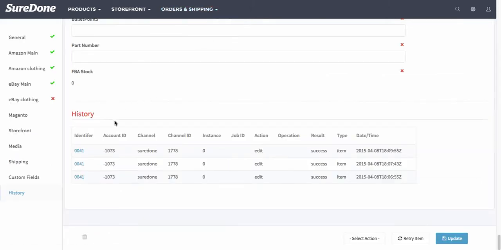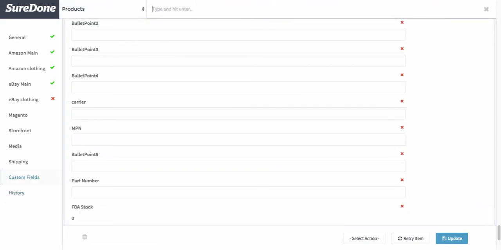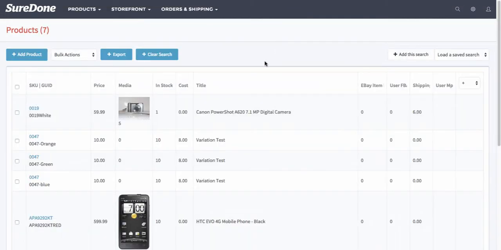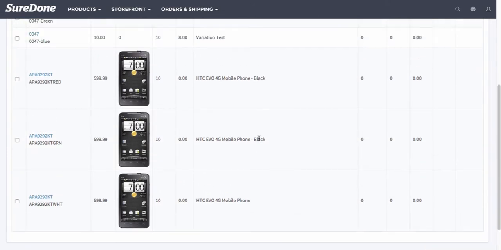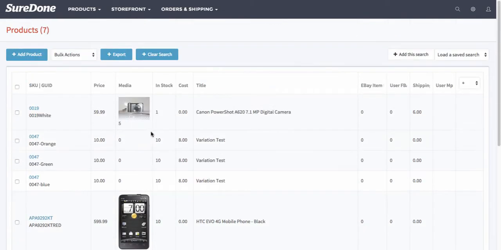Moving back to our product editor page, let's talk a little bit about variations and how those work through here. So I'm going to do a search for status attribute, and what this tells me is that the product is a child product. Now I've pulled up certain products that are variations, and so what I could go ahead and do is take one of these products